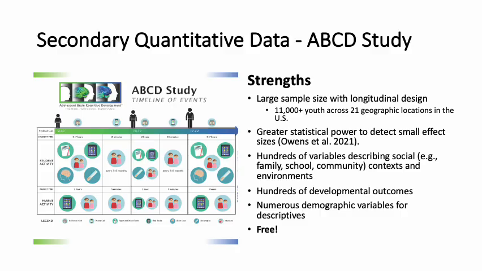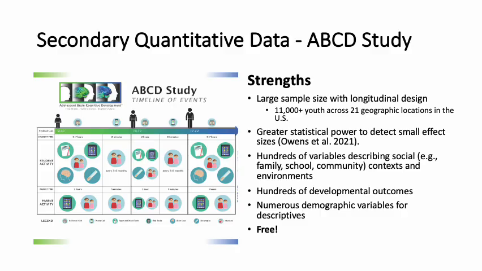As I mentioned earlier, we have hundreds of variables describing social contexts that include family, school, community, and other environments. So not only do we have parent report and youth report, we also have variables that are describing the social and institutional environments of youth, and that data has come from external datasets that are also publicly available and have been linked back into the space of ABCD. And in conjunction with that, we have hundreds of developmental outcomes. So this makes our hypothesis space almost limitless. We're able to test a variety and combination of predictors with developmental outcomes to test our hypotheses.